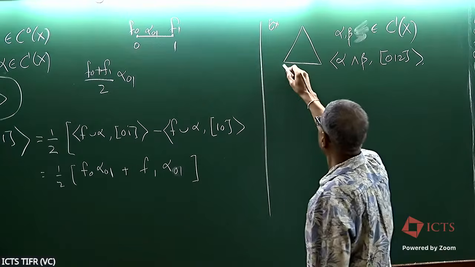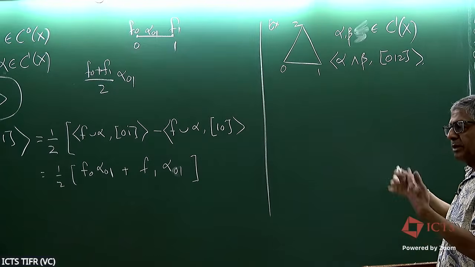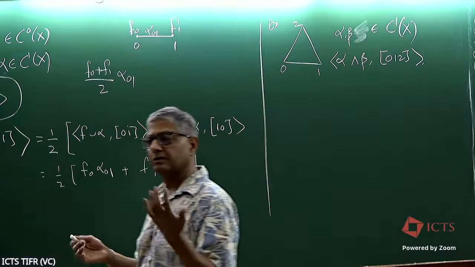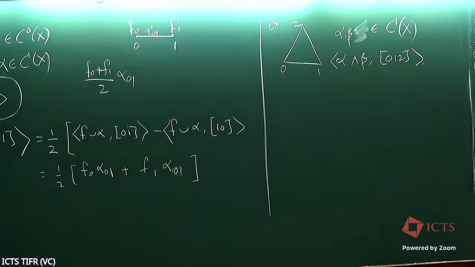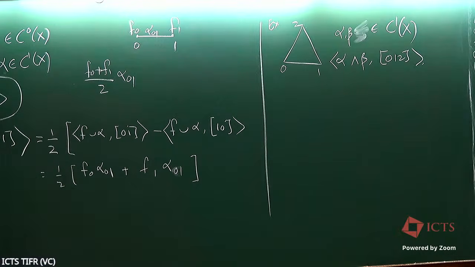And you will find that you'll get some expression with 6 terms, which is just some algebraic expression using all the permutations of 0, 1, 2. But if you think about it, it will give you